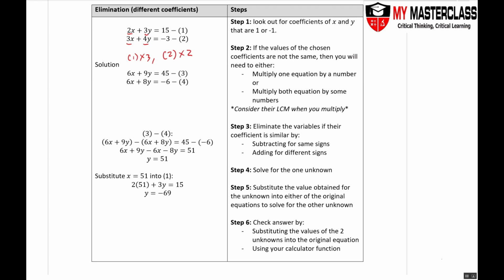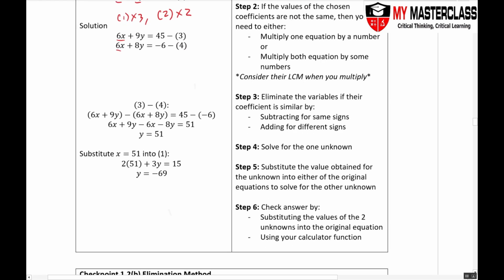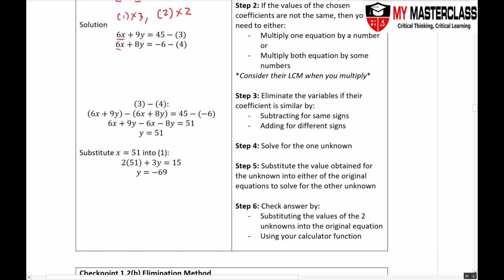So after you have formed equation 3 and 4, both of them have 6x and they are of the same sign. So you take one minus the other. That is why you have equation 3 minus equation 4. Same thing, work out and simplify. You solve for y. Then next, same thing, you sub your y value. Equals to 51